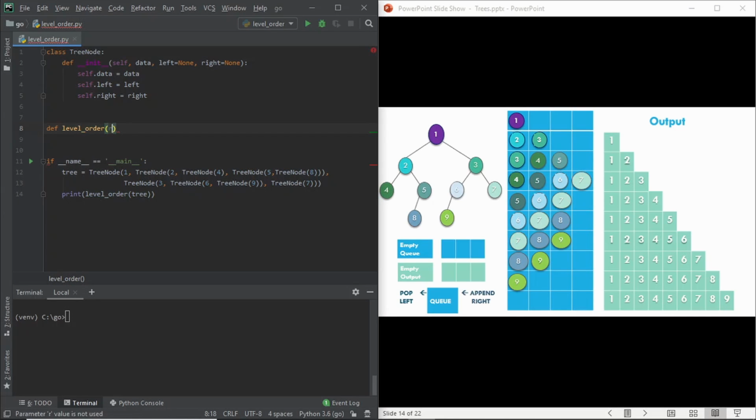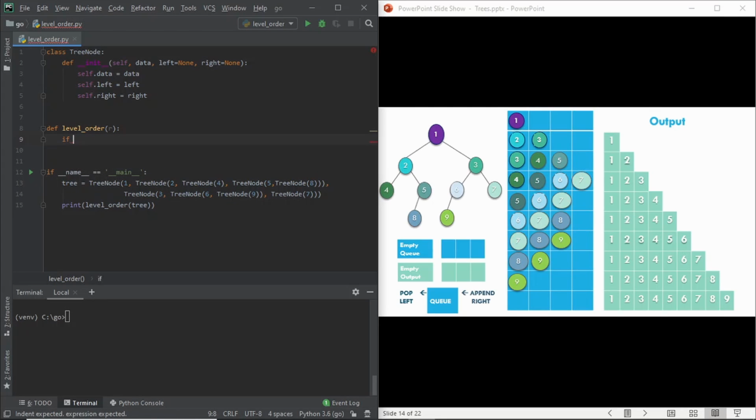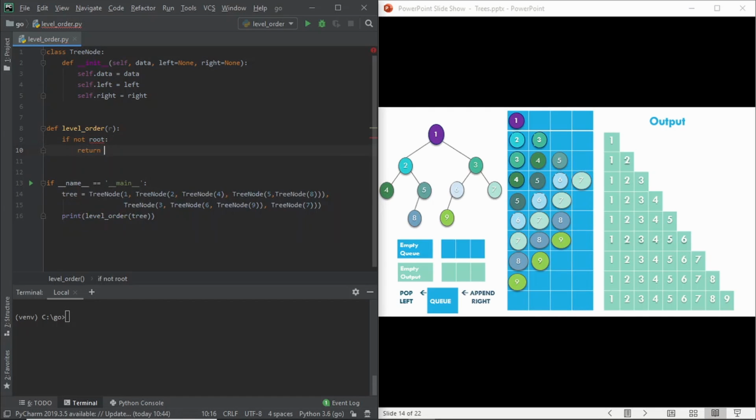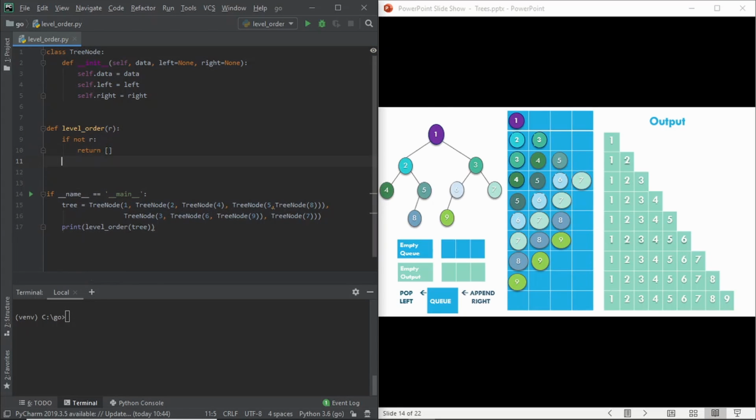We pass the root reference as the input. If root is None, we simply return an empty output. Then what do we need? We need an empty queue and empty output.